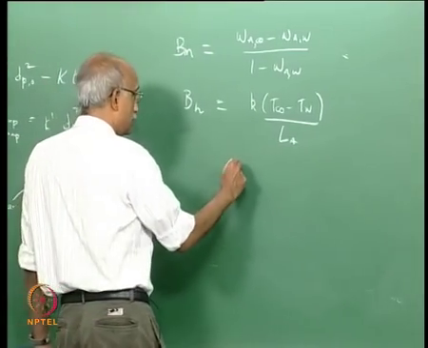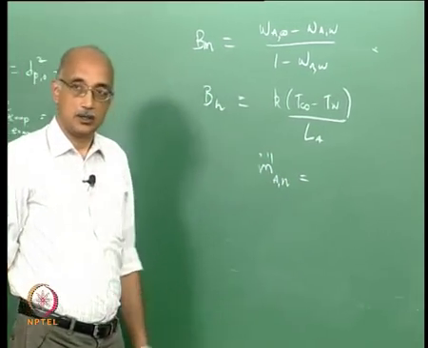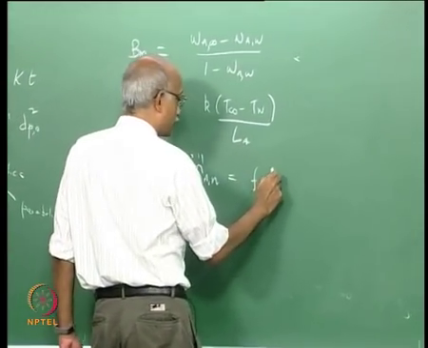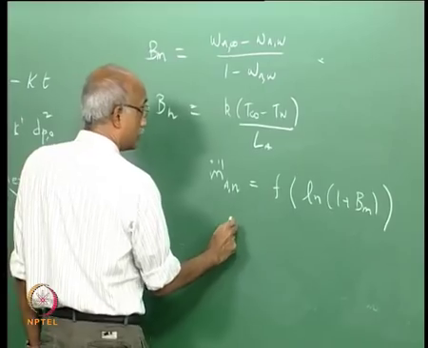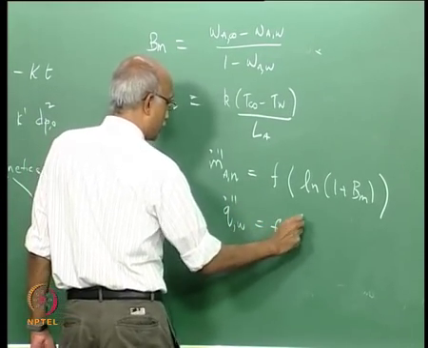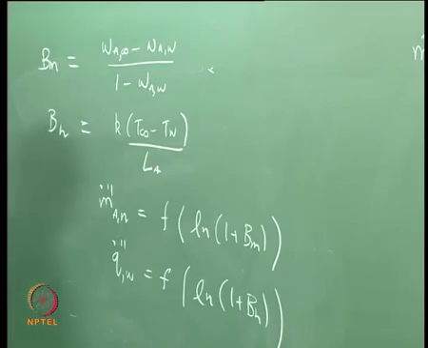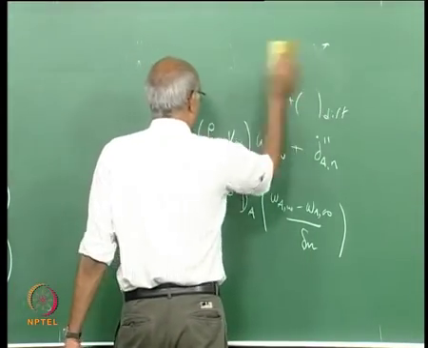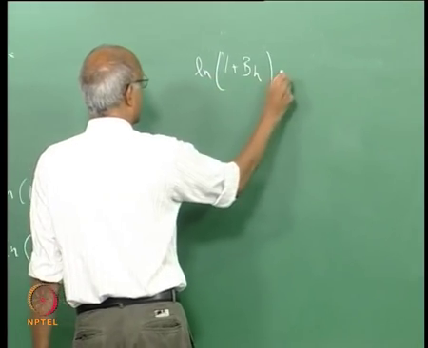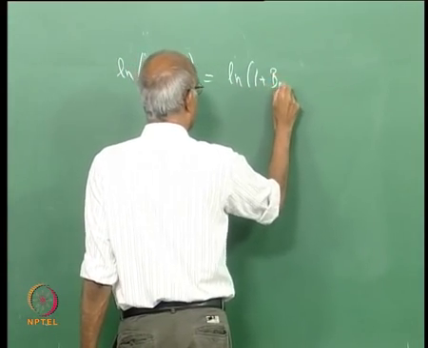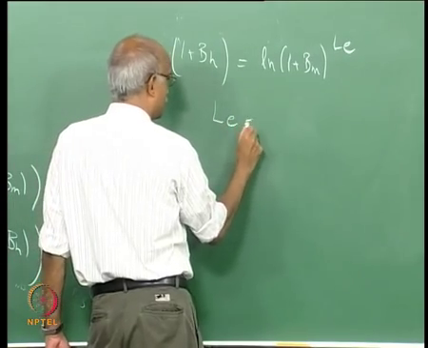and in fact the m dot double prime A N can be written as a function of ln of 1 plus B m, and similarly q dot double prime can be written as a function of ln of 1 plus B h, and it turns out that B m and B h are also related to each other. ln of 1 plus B h can be written as ln of 1 plus B m to the power Lewis number, where Lewis number is equal to,